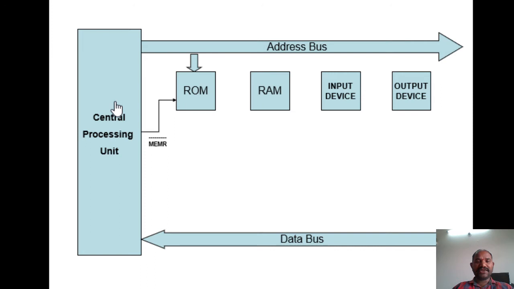That control signal is named the memory read operation, because ROM is a permanent memory, which is a read-only memory. So in order to control the activities of this particular ROM, we are going to use the memory read signal, and this ROM is going to be connected to the data bus also. It is going to be connected to the data bus. Means first, when you would like to interface the ROM device to the microprocessor, that is the central processing unit, which is a CPU.